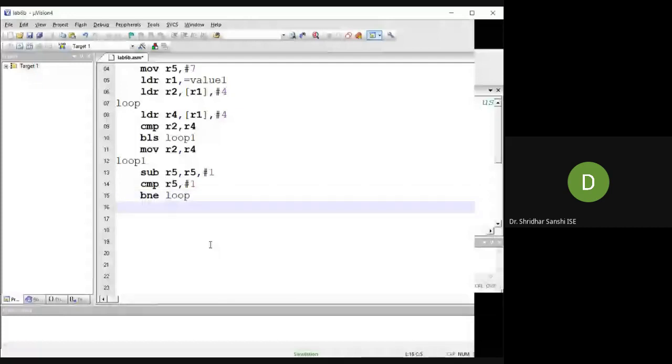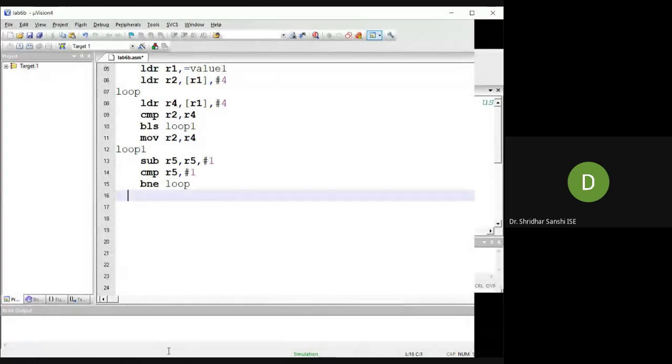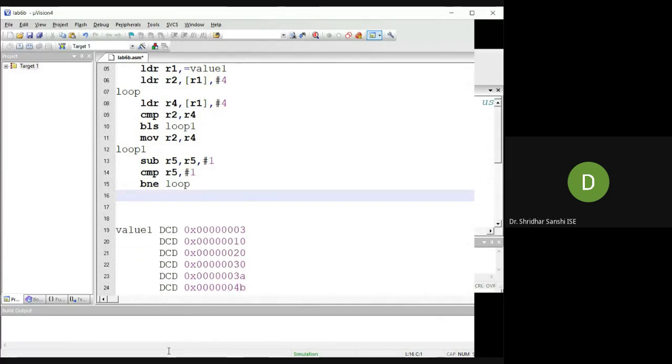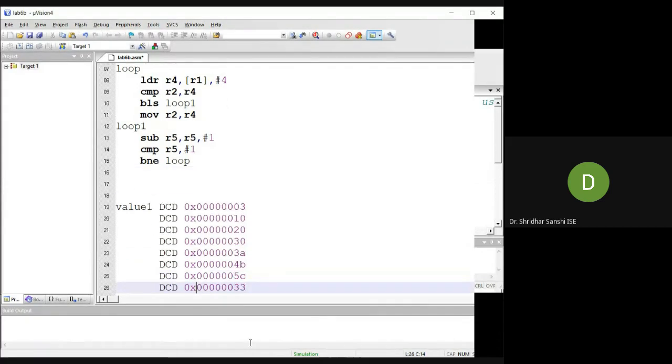Once the comparison becomes equal, there is no need to go for the loop. The next instruction should store the result to a variable. First I will take a variable and put that variable in the data section.